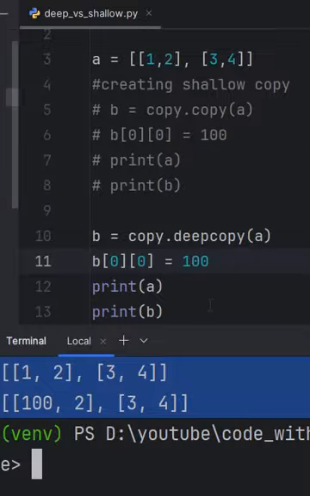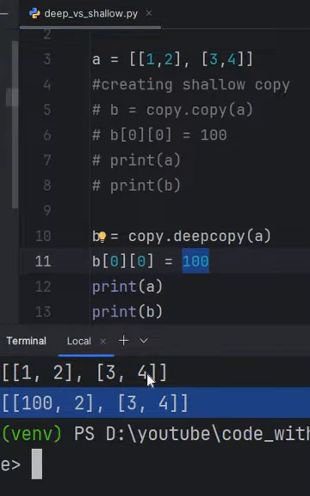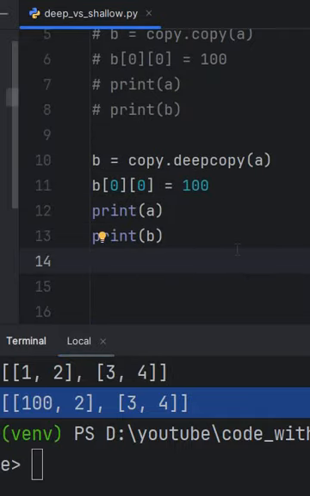So deep copy copies everything. Here you see we change the item at index 0 of the list to 100, but the change appears only in b, not in a. A simple analogy: two people sharing the same Google Doc, one makes a change and both see it. For deep copy, you download the file and change yours, the original is unaffected. So shallow copy shares the inner object and deep copy creates a new one.